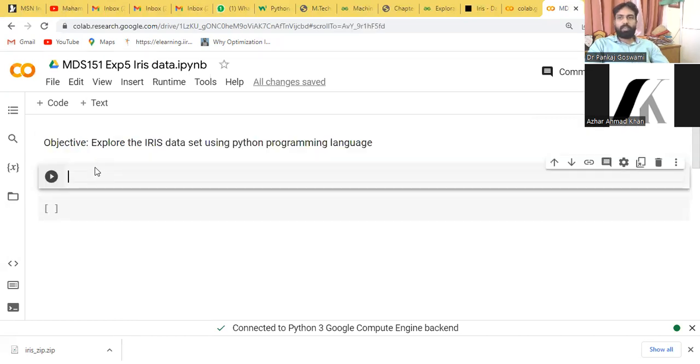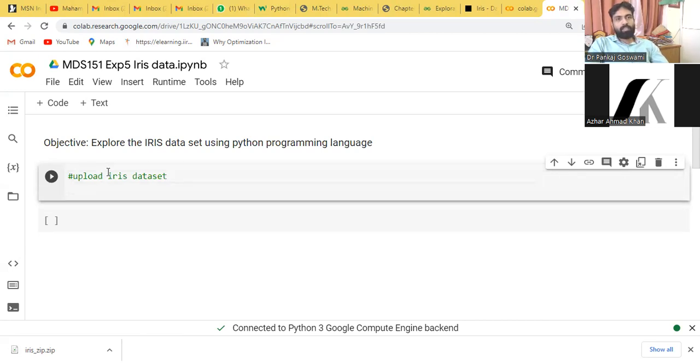So next, starting with, we have this one, and the most important first part. Whatever file we are looking for should be uploaded here. So first, upload iris data set. तो पहला टारगेट है हमारा iris data set को अपलोड करना।